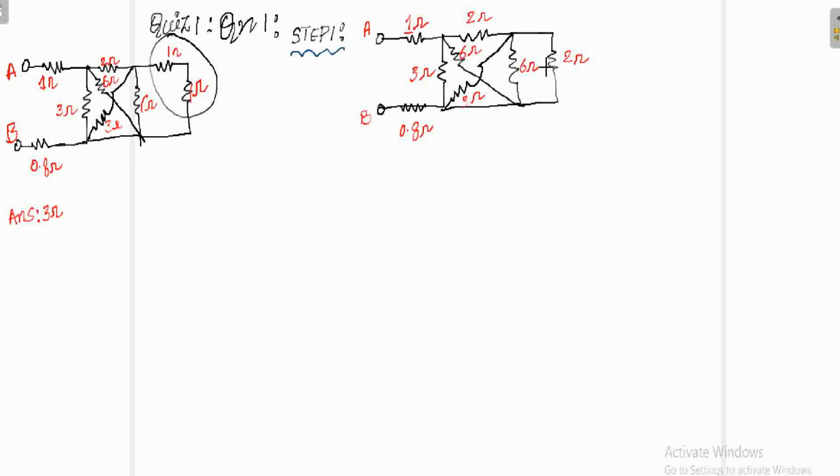Now tell me, how are this 6 ohms and 2 ohms connected? Before doing the parallel connection, just observe again: this resistor starts from this point and ends at this line. So let us modify the circuit. Let us draw it in another way. I can draw the same circuit like this. Here this is your 2 ohms. I can draw this 3 ohms from outside.